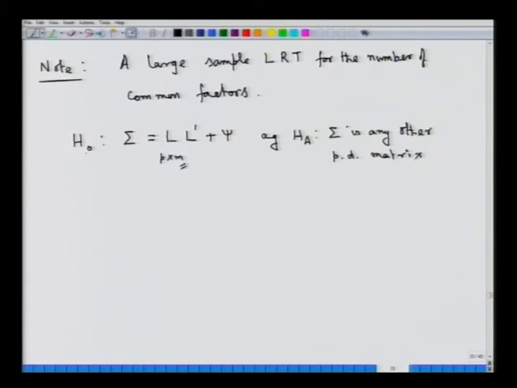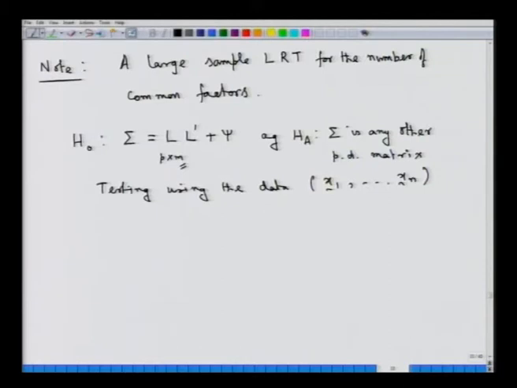If the null hypothesis is accepted, then we take this m to be the number of common factors. Now, for certain m, as we will see, this might actually get rejected, and then we will accept that that particular choice of m does not hold good for the given observation vectors x1, x2, ..., xn. This testing is to be carried out using the data x1, x2, ..., xn. So, based on these n data vectors, we are going to test this null hypothesis against the alternate hypothesis HA